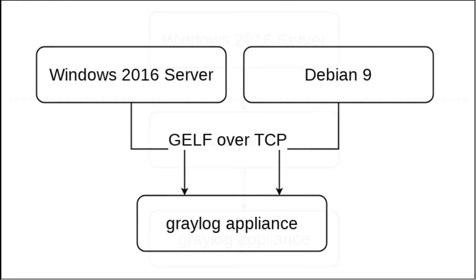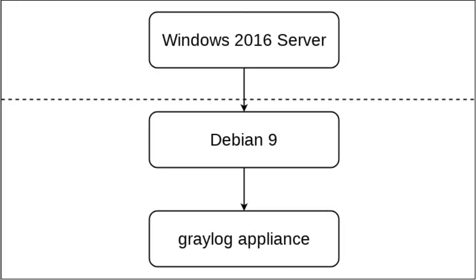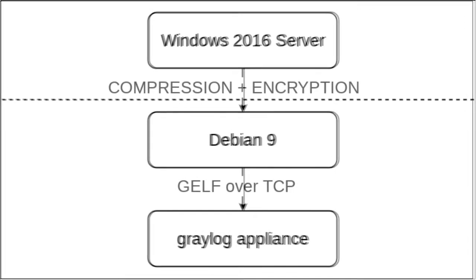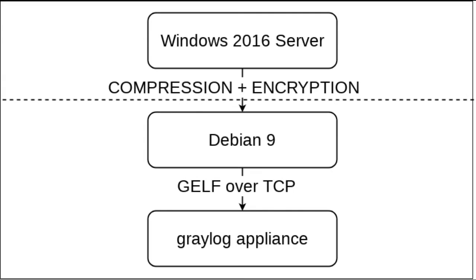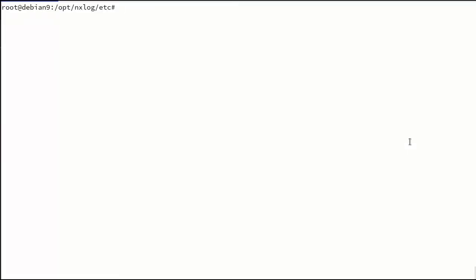We could establish a relay service using our Debian machine, and the Windows events could be transmitted through that Debian machine to the NXLog appliance, making sure that the communication at a certain segment of the network is not transmitted in the clear. Turning our Linux machine into a relay requires an additional input module to be set up,